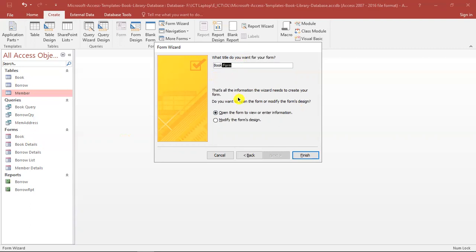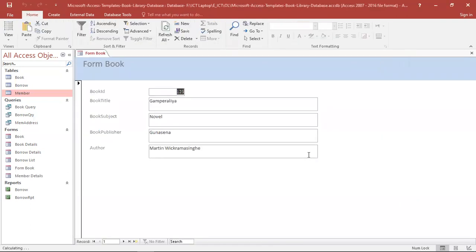Then I'm going to create form book, right? Then finish. Or if we want to modify more than that, we can select modify the form design, but I'm not going to modify right now. So I am just using this option and finish.